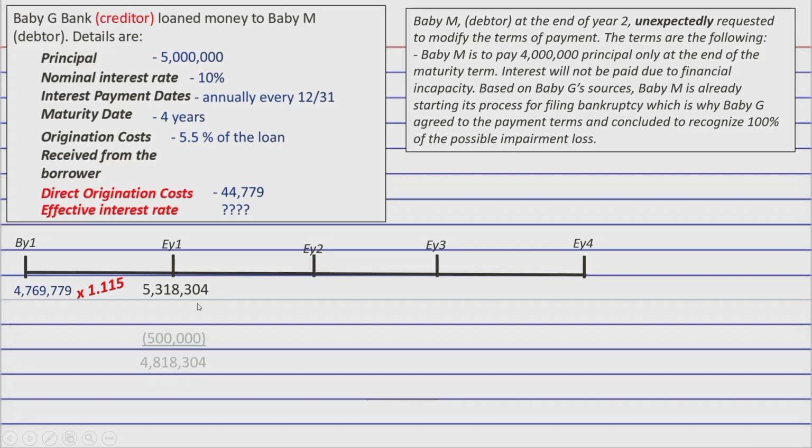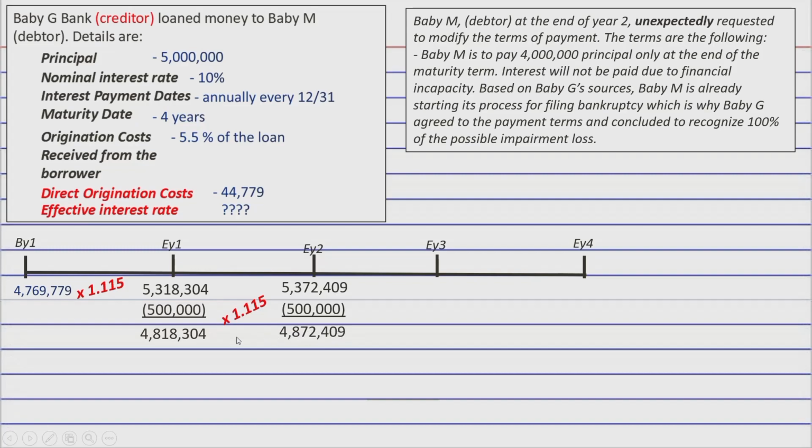And then minus another 500,000, which is the interest payment, equals 4,818,304 times 1.115 again equals 5,372,409 minus another 500,000, and we will have